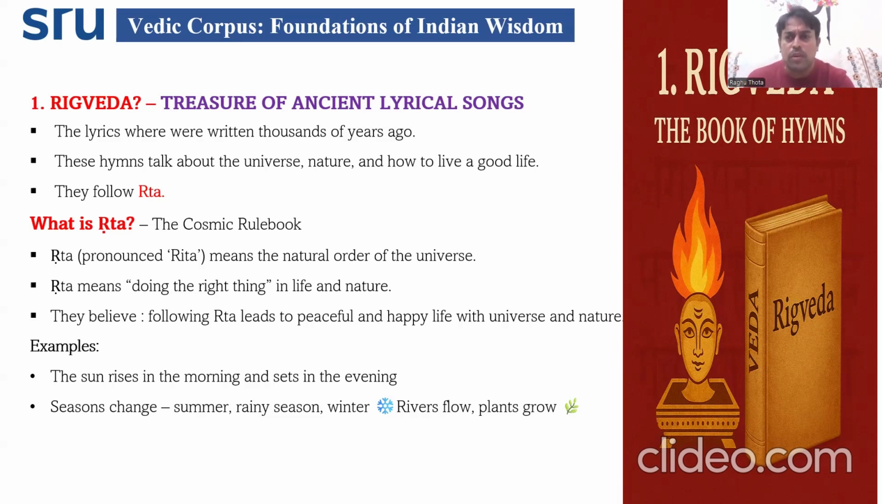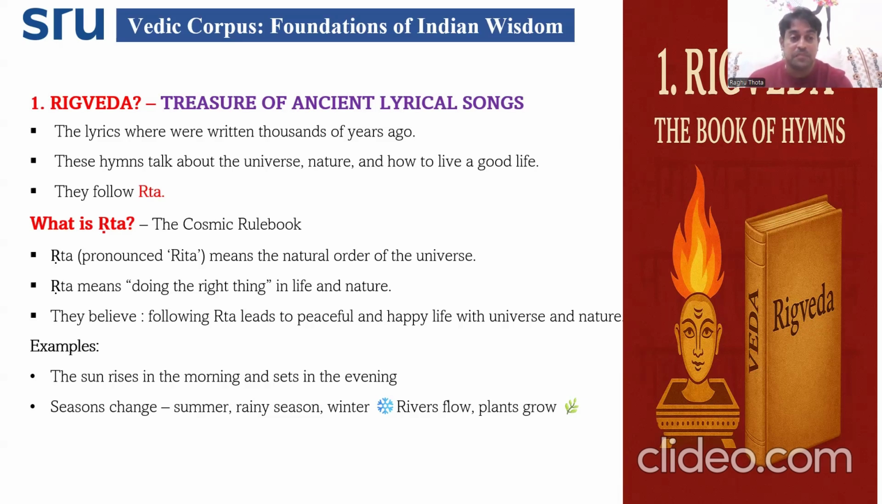The Rigveda talks about Rita only. And all lyrical songs were talking and suggesting something about Rita. If everyone follows Rita strictly, which suggests doing the right thing in life and nature, they will have a peaceful and happy life in this universe and nature. That is what Rita is suggesting. That is what the lyrical songs of Rigveda have been suggesting. That's why I told that it is almost like a constitution which will guide the ancestors for a right living